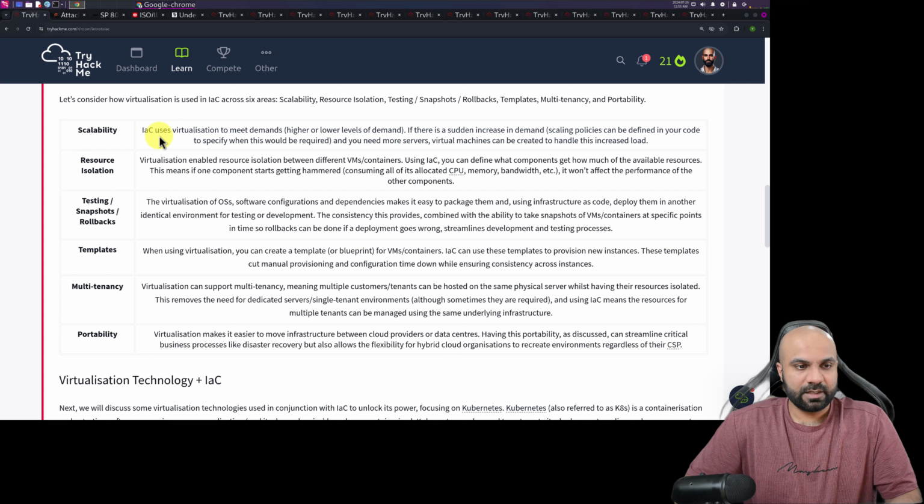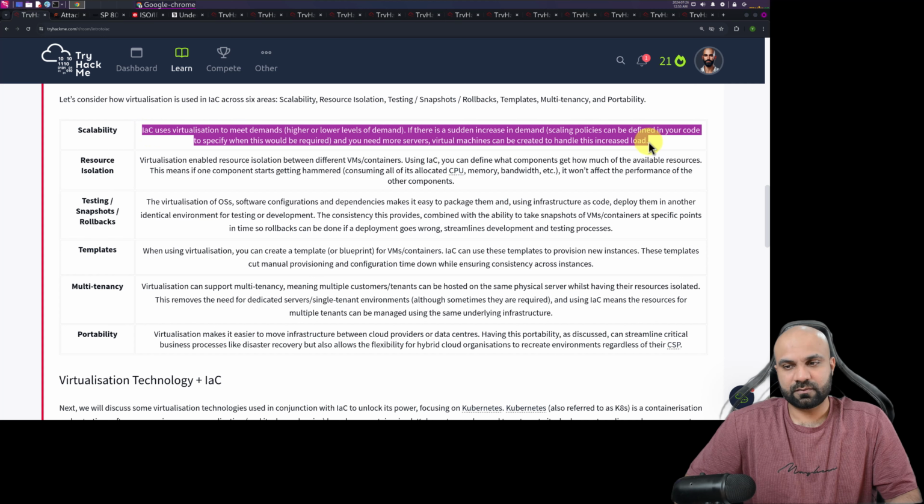Scalability. IaC uses virtualization to meet higher or lower levels of demand. If there is a sudden increase in demand, scaling policies can be defined in your code to specify when this would be required and you need more servers. Virtual machines can be created to handle this increased load. I mean, it really depends. If you're using Kubernetes, it will take care of everything for you.